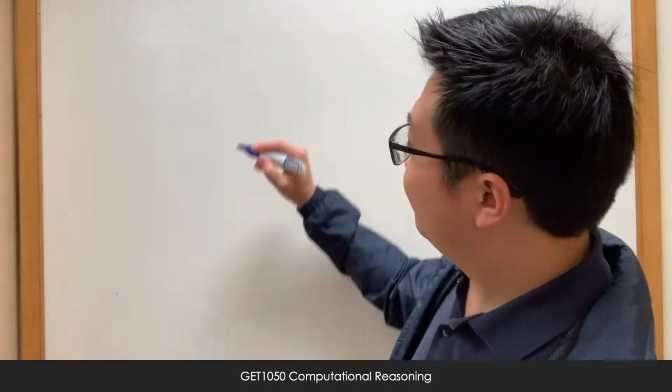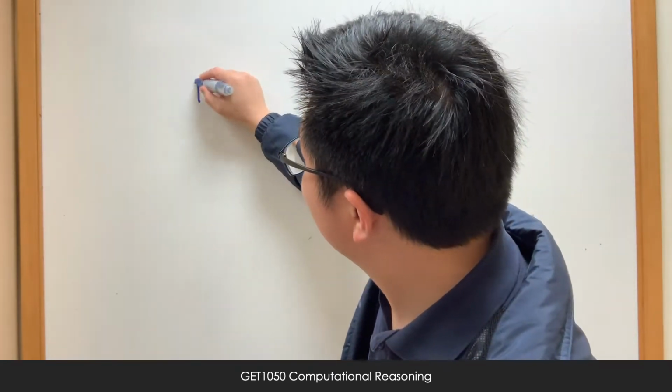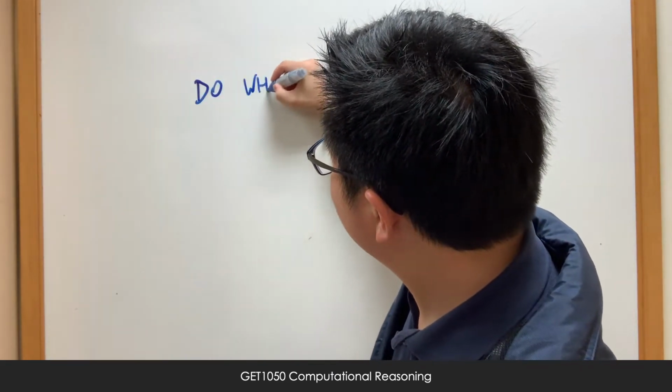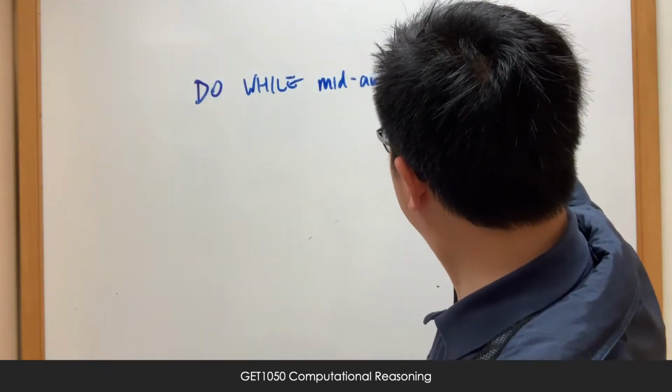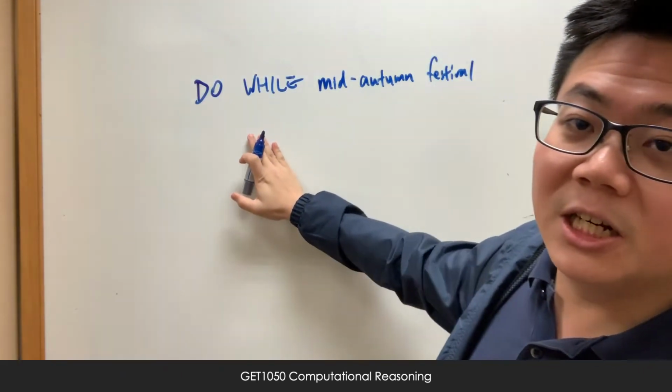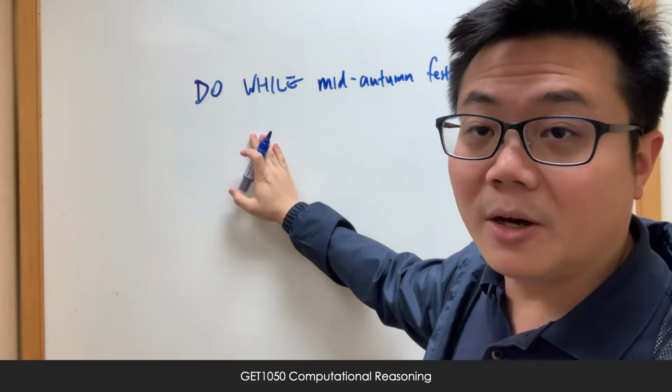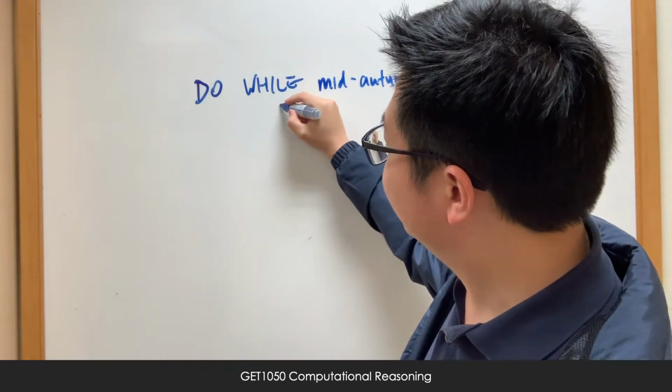Alright, let me go slowly. What does the do while loop mean? Do while loop means to do something while a condition is true. Right, so here's an example. Okay, do while Mid-Autumn Festival. Okay, so in English it means while it is Mid-Autumn Festival, then what should you do? Eat